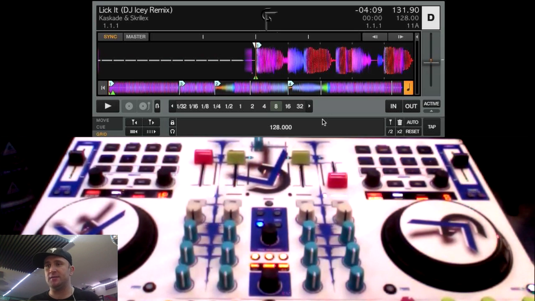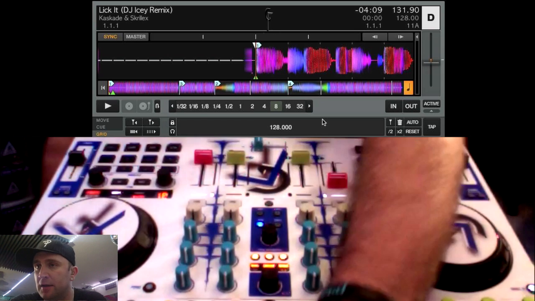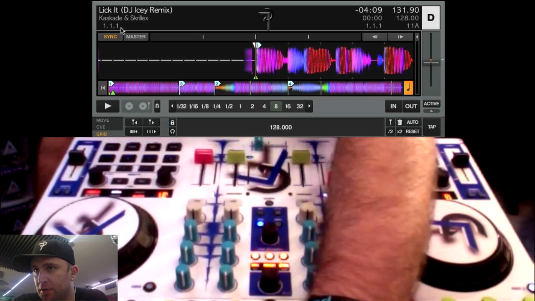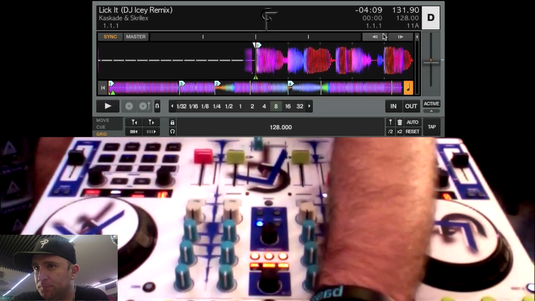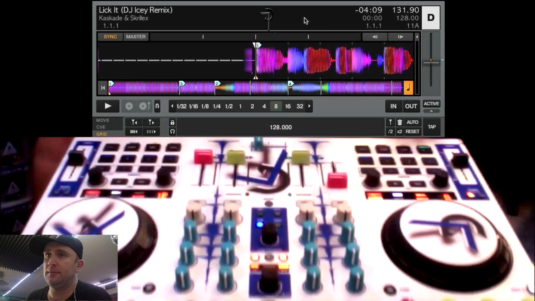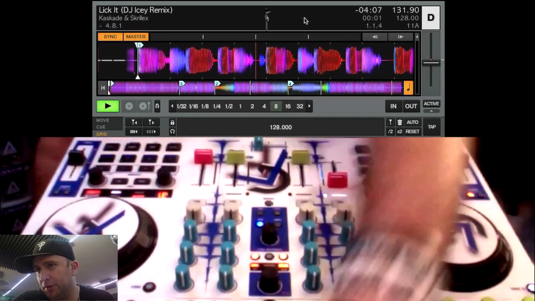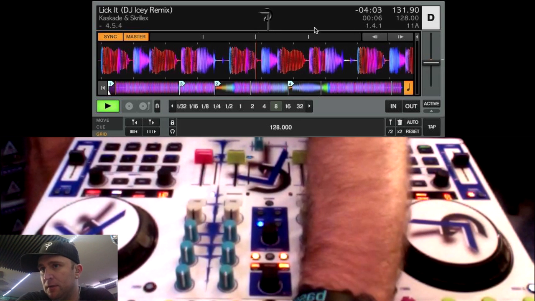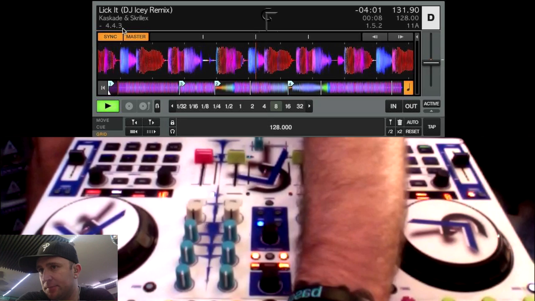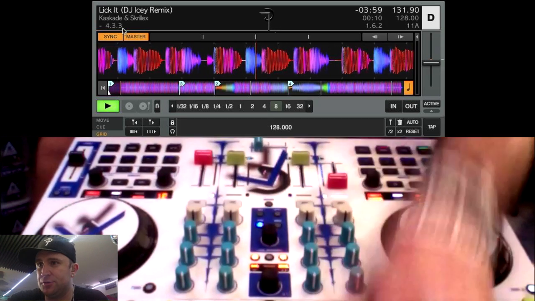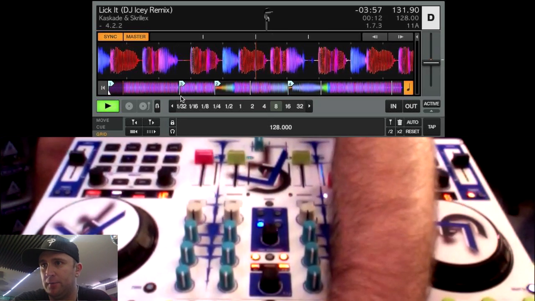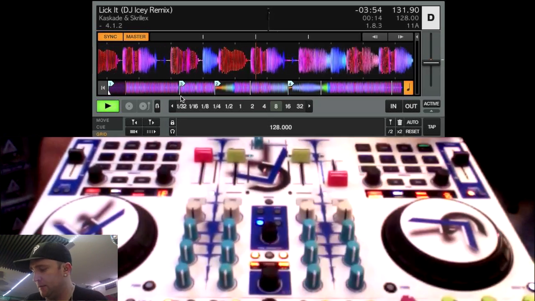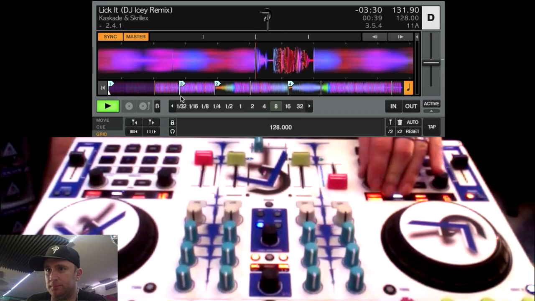Now, the other main reason is for helping you be able to count your phrases, count your beats, count your bars, etc. Now, you'll notice here there's 111 here, and then there's 111 here as well. Now, when I start playing the track, you'll notice that over here it says -4-7, and this one has 1-3. Okay, it's like this one is counting down to something. It's actually counting down to my next cue point, which is right here. Okay, so the closer I get to that cue point,